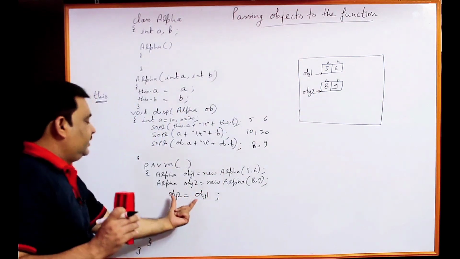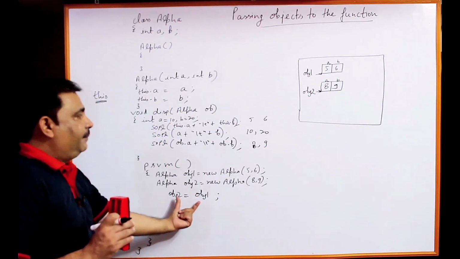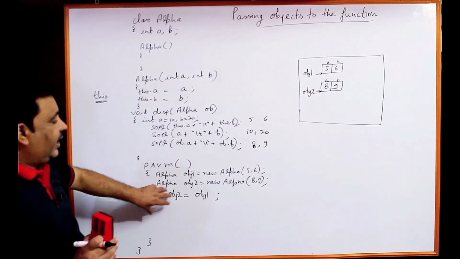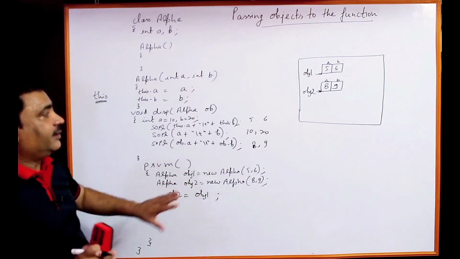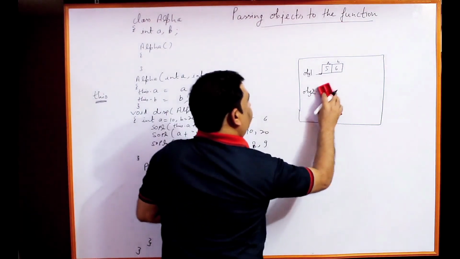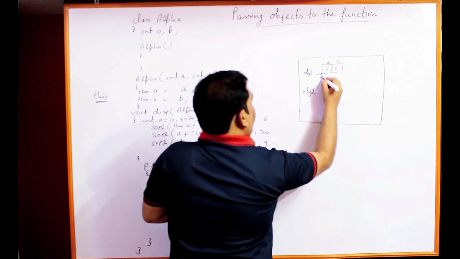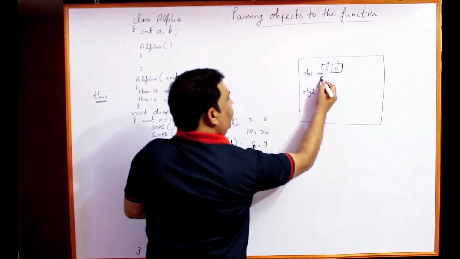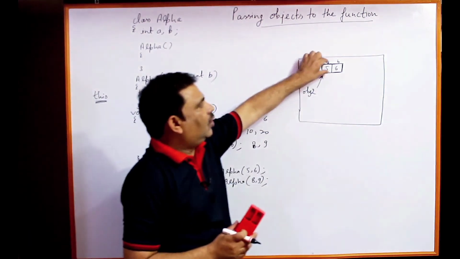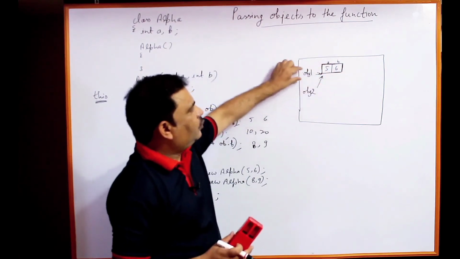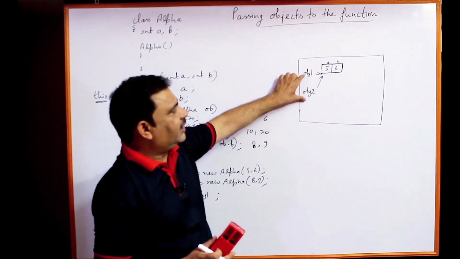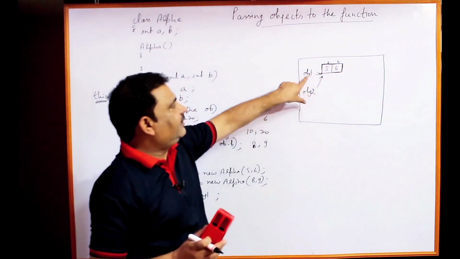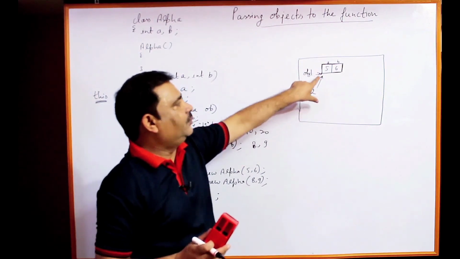So when we write this statement, what will happen? The reference of obj1 will be transferred to obj2 and the memory allocated to obj2 will be removed. So this memory will be removed. Only one object will remain in the memory, having two names. We can say that this object, a memory block, has two names, obj1 and obj2. Both the variables keep the same reference, same cell address. So you can access a and b either with the help of obj1 or with the help of obj2.